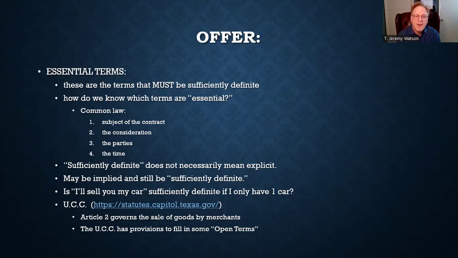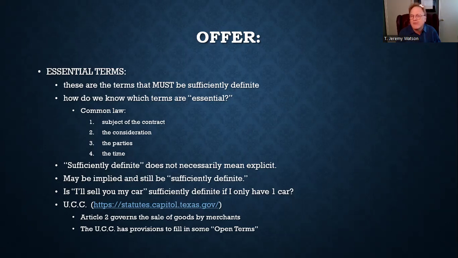Okay. At common law, those 4 elements are the subject of the contract, right? What are we talking about? Well, in our example before, we were talking about a Mercedes, right? A car. The consideration to be given. We haven't talked about consideration yet. We'll get to that in what I think another week, 2 weeks. But consideration, I've given you a little taste of that. Consideration is what you give for what you get, right?